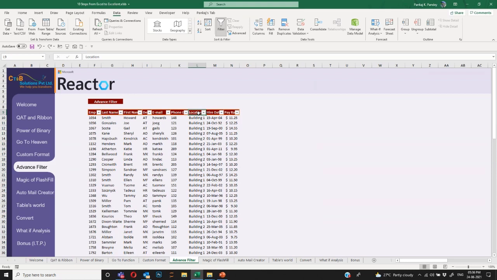But the problem comes when you imagine you have data with 200 columns, and you want to apply a filter on 50 columns out of that. And imagine this is your daily job, so every day you will sit there and apply filters on 50 columns, and it will take a lot of time. For that, there is a feature called advanced filter. A lot of people are not aware of it, and it is just lying there, but it is very great. So I'm going to show you how you can use it.